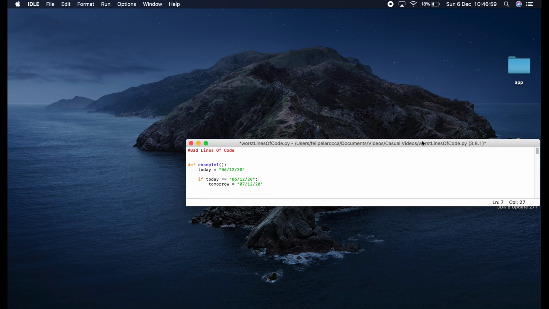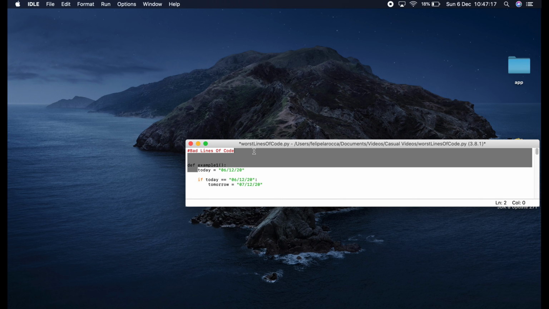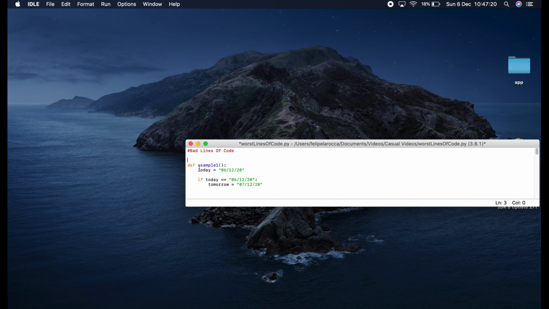I've minimized my screen so that we can only see the first example. Whoops. Alright, first of all, have a look at it, try and figure out what's wrong with it. I'll give you a couple seconds. Alright, I'm back. Now, I wrote this, but if this was a bad line of code, the person has written today as the date of the day I'm recording this video, right? They've written today. And if today is equal to the 6th of December 2020, tomorrow is the 7th of December 2020. Now, this is a bad line of code because